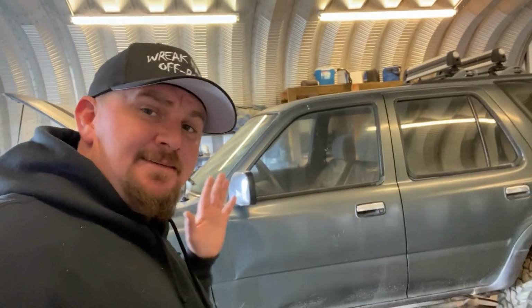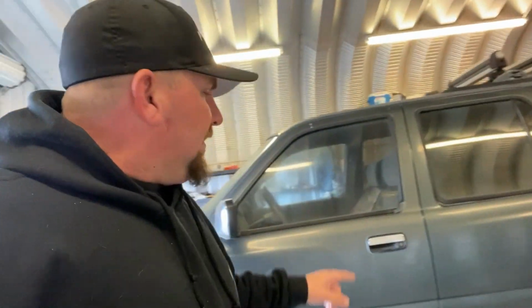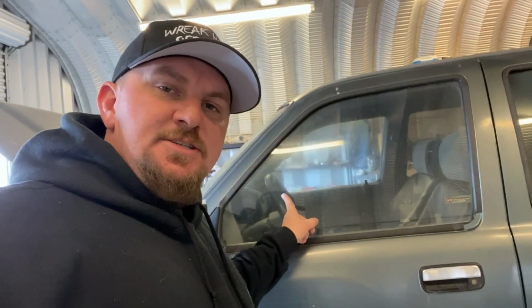So with that being said, I ordered a Rogue Fab tube bender. It should be here in a couple weeks, that was a $1,000 bill. It's not going to be associated with the build because technically it's tooling. But along with that, I ordered 100 feet of DOM tube. I'm sure I'll probably need more, but it is going to get an interior cage put in here like the Toyota,